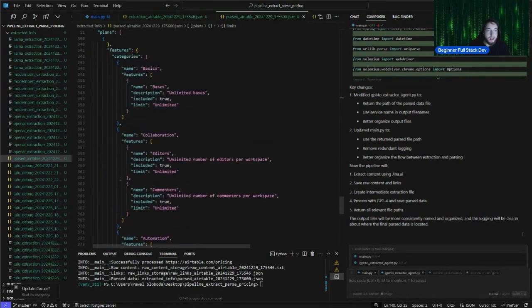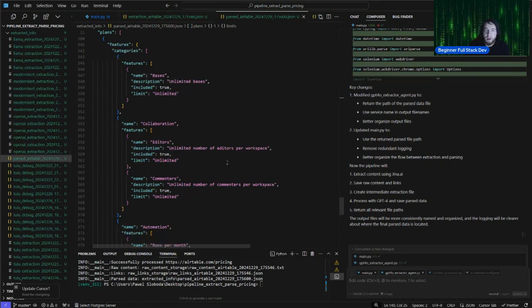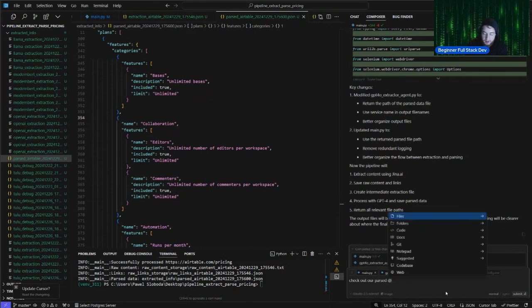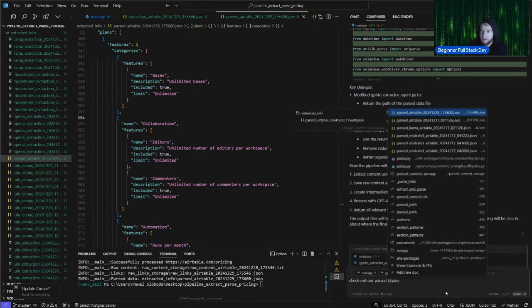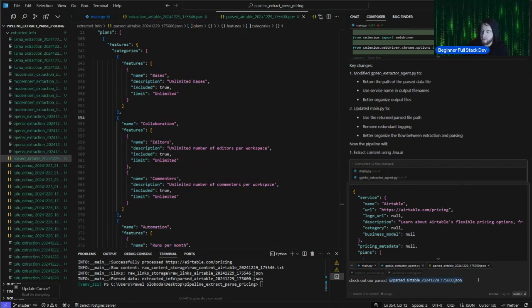All right, cool. So we got our parse Airtable now here. Check out our parse Airtable. It's this one right here. And check out the text we parse from our